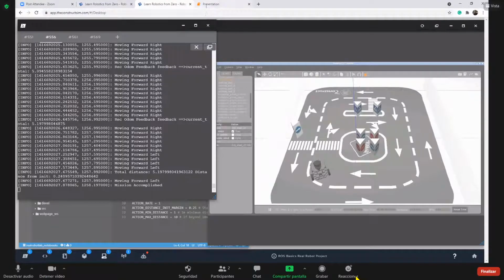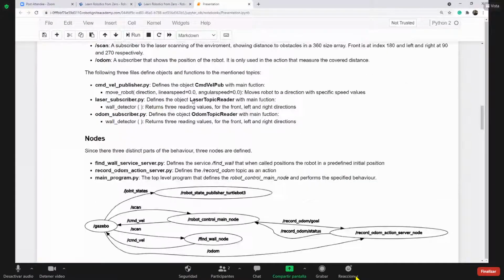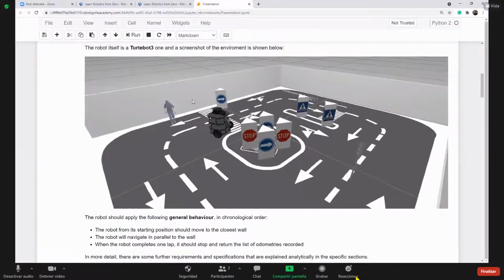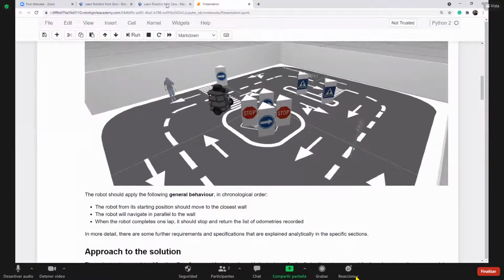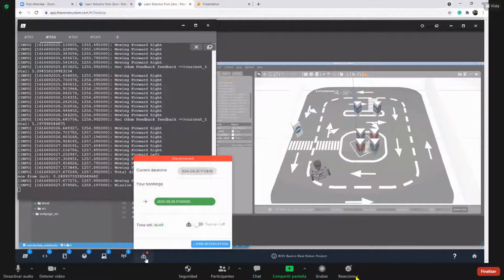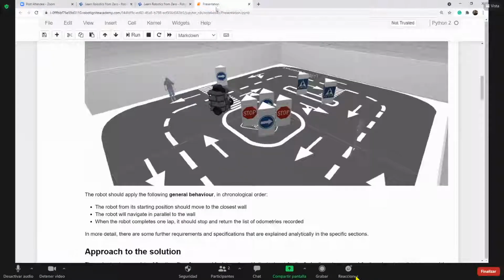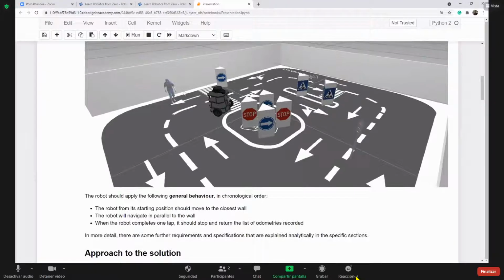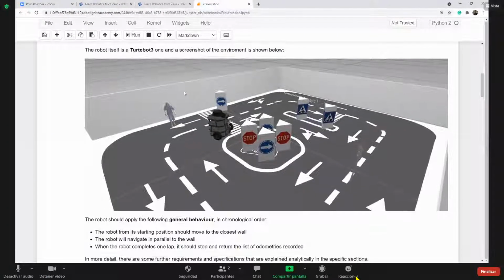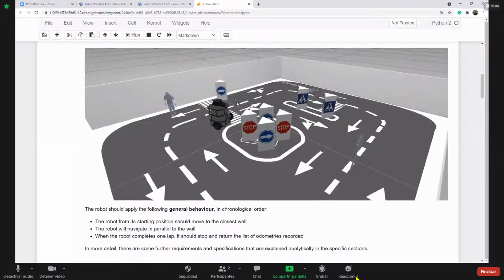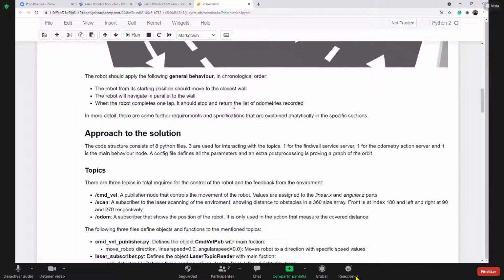So let's have a closer look, now that we saw the demonstration, at what we expect from this robot to do. In the meantime, it will be good to show this in the real robot. So allow me to connect there. And as you see here, the environment is what we saw earlier. And the robot,